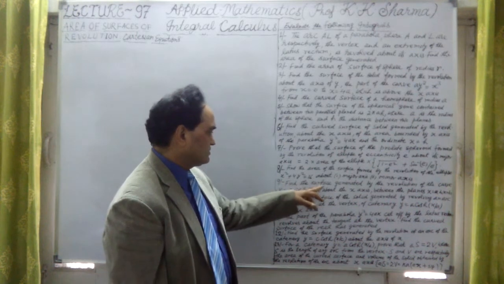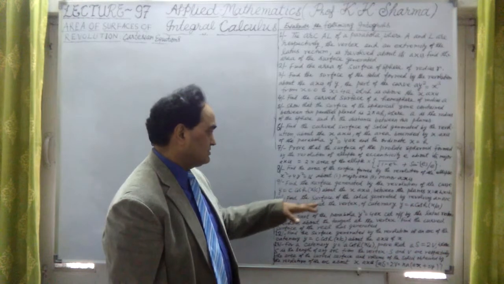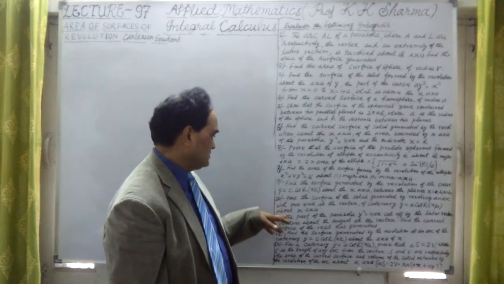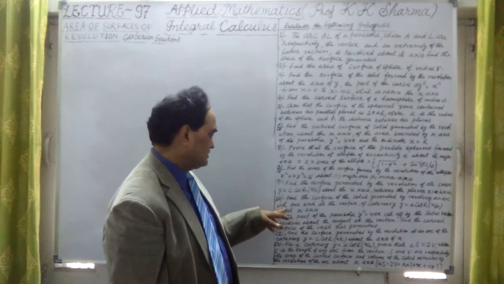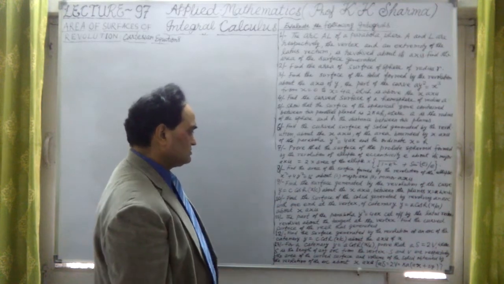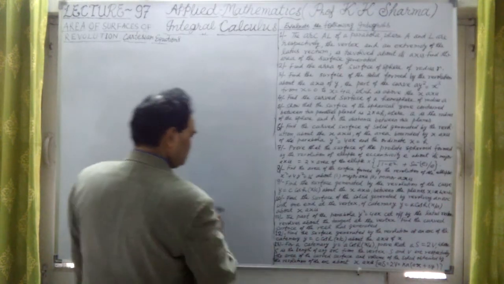Yeah. On the surface generated by the revolution of the curve, this about the x-axis between planes. Now 10th question, but on the surface of the solid generated by revolving an arc of the, okay, this was something else. Okay, no problem. Let me do it afresh. Question number 12 is